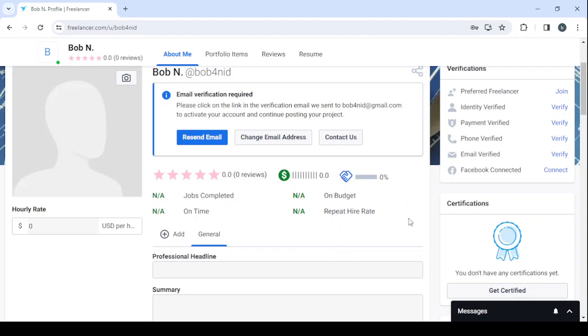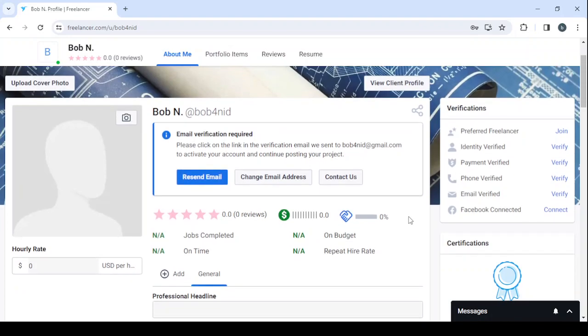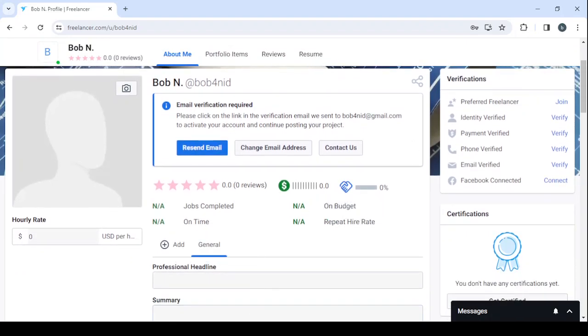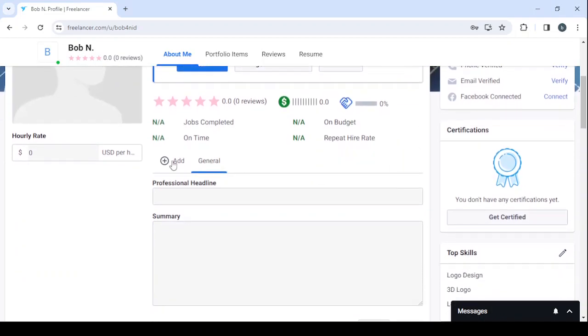They will just see that you are verified and you have a great profile, then they will hire you with their eyes shut. And after you're done with those verifications, you proceed to add your hourly rate,